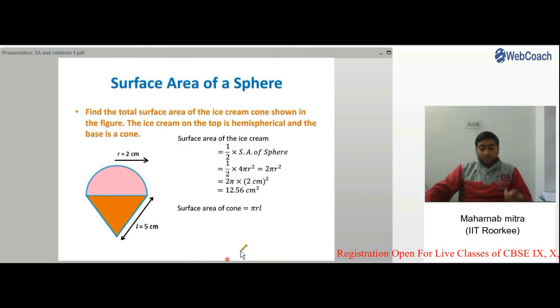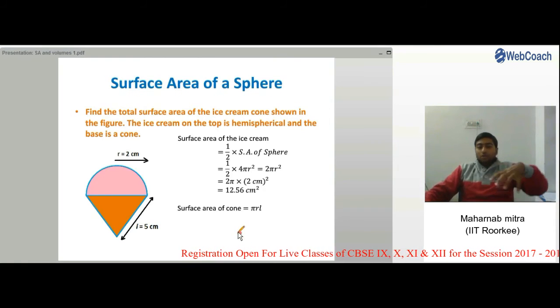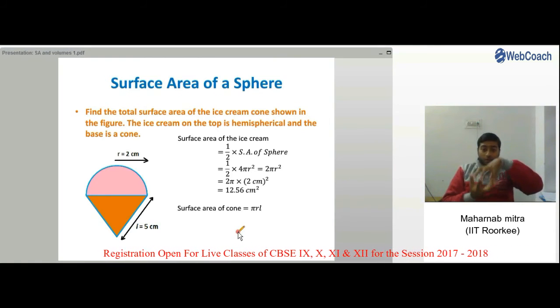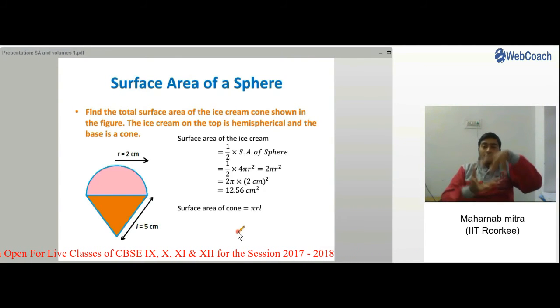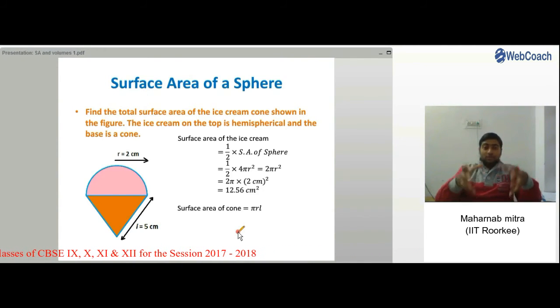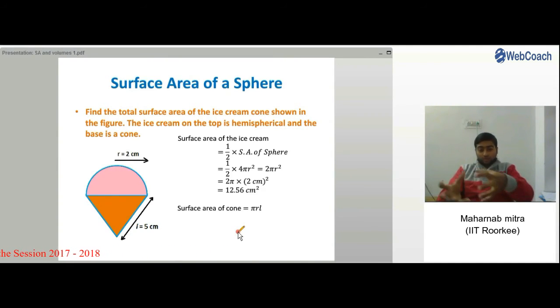Now for the bottom portion, which is the cone, the surface area is that of a right circular cone, right? The curved surface area, because the base is covered. So as the base is not exposed or not at the surface, we cannot consider it for the surface area. So we can only consider the surface area for the cone,